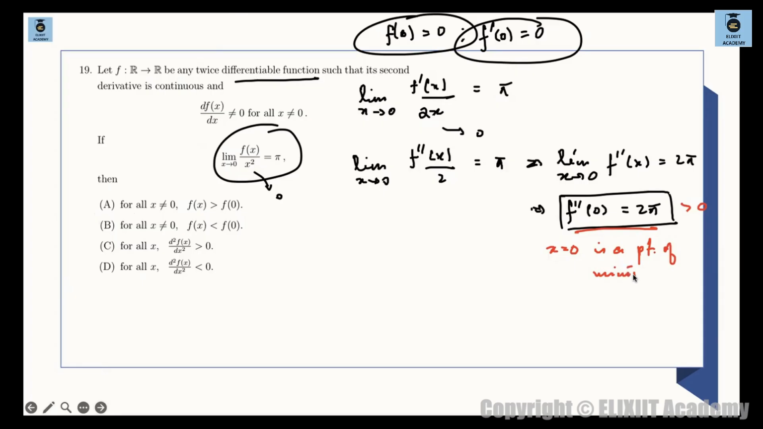पॉइंट ऑफ मिनिमा, चलेगा। x इज इक्वल टू 0 इज अ पॉइंट ऑफ मिनिमा, 0 पे सेकेंड डेरिवेटिव इज पॉजिटिव, ठीक है। व्हेन सेकेंड डेरिवेटिव इज पॉजिटिव, 0 इज सेड टू बी अ पॉइंट ऑफ मिनिमा। व्हेन सेकेंड डेरिवेटिव इज नेगेटिव, दैट पॉइंट इज सेड टू बी अ पॉइंट ऑफ मैक्सिमा, ठीक है। तो सेकेंड डेरिवेटिव इज पॉजिटिव मींस x इज इक्वल टू 0 इज अ पॉइंट ऑफ मिनिमा।